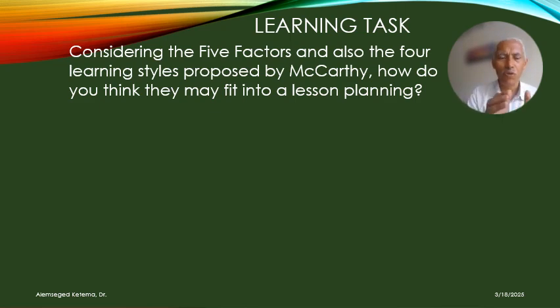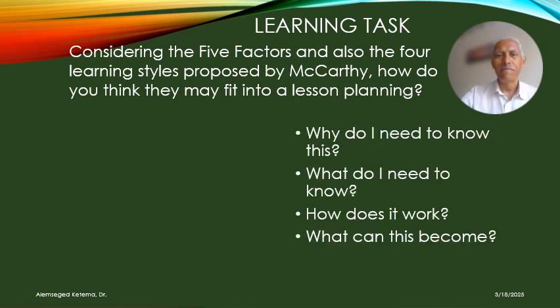And we saw from Phil Rice's idea, there must be a wanting and a needing to learn. You create motivation. And then you get the students to be able to learn, make sense of the things that they're learning, where you give them the information and they process it, they try to understand it, and then you make them learn by doing. And finally, the idea of feedback. So see if you can connect that with the idea of the question